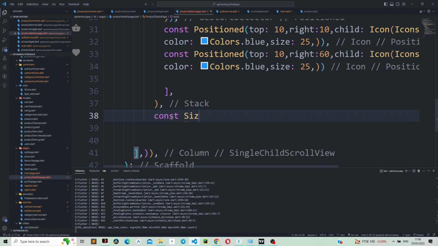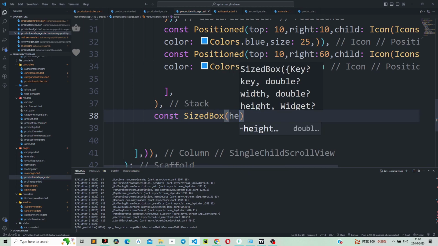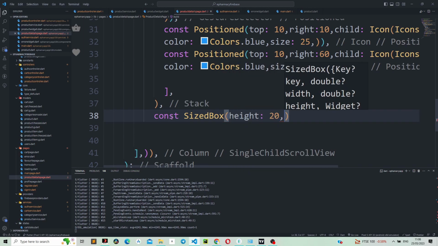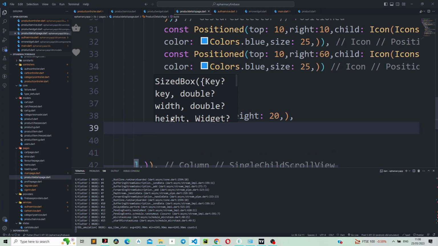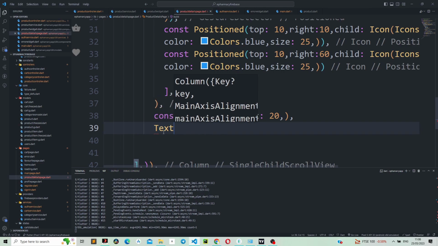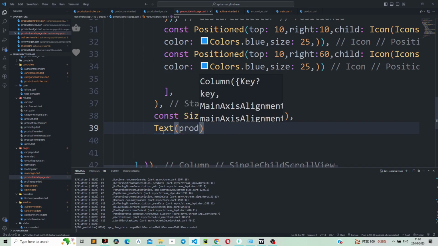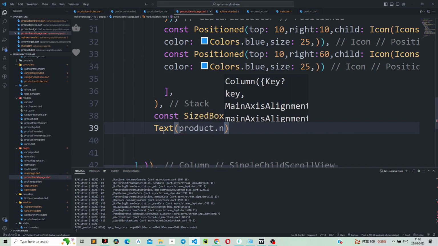So we're going to say SizedBox height, let's give it a height of 20, and then let's give another text, which is going to be product.name,